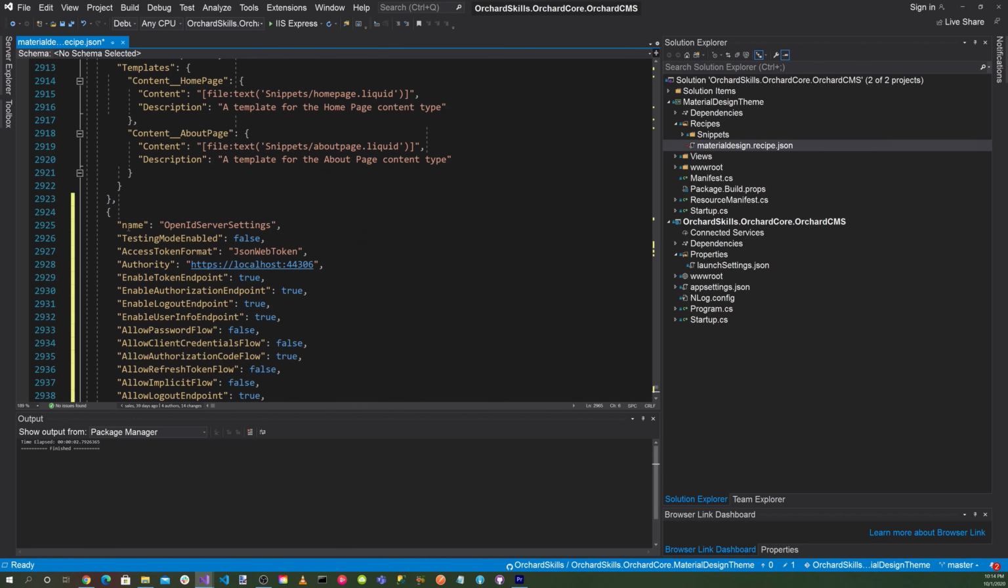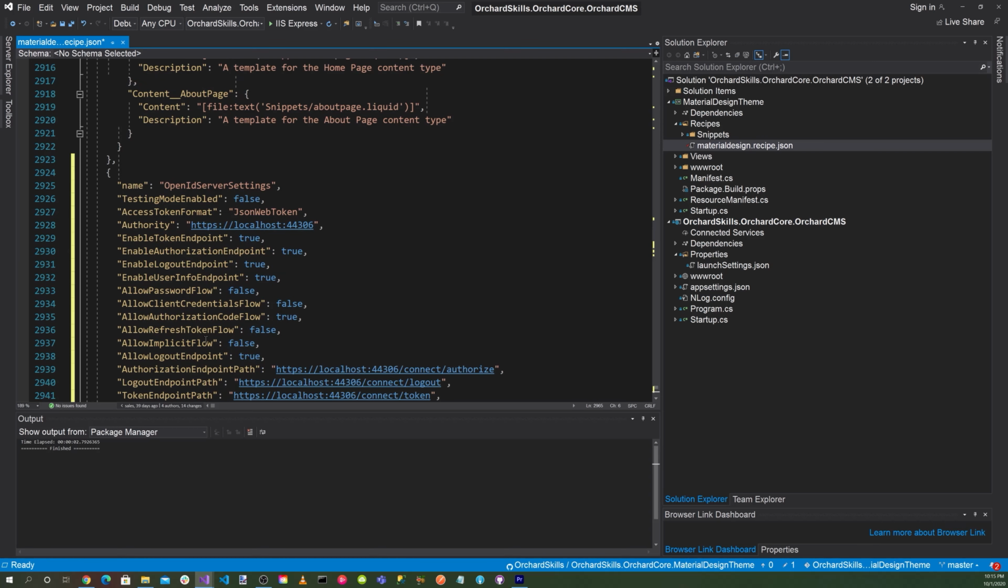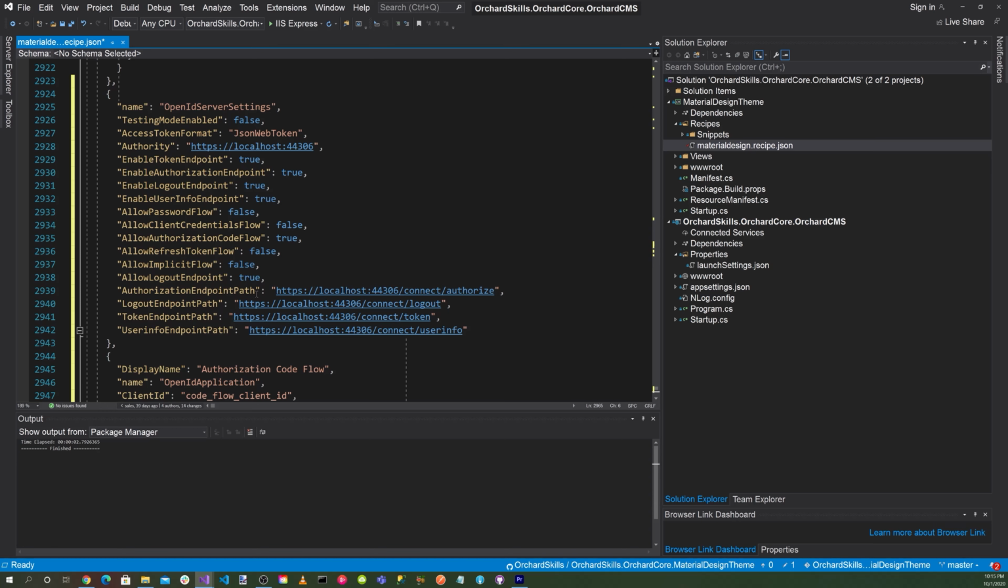Add that here. So we want to specify OpenID server settings and test mode enable false, access token format, JSON web token. Authority is the location of our server, which is localhost 44307. Enable token endpoint true, enable authorization endpoint true, enable logout endpoint true, enable user info endpoint true, allow password flow false, allow client credential flow false, allow authorization code flow true, allow refresh token flow false, allow implicit flow false, allow logout endpoint true,